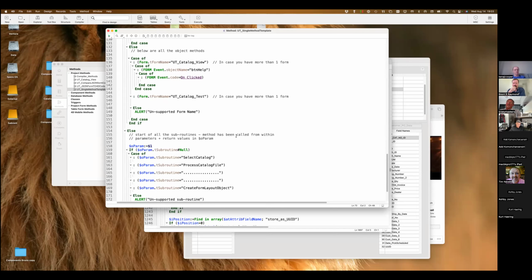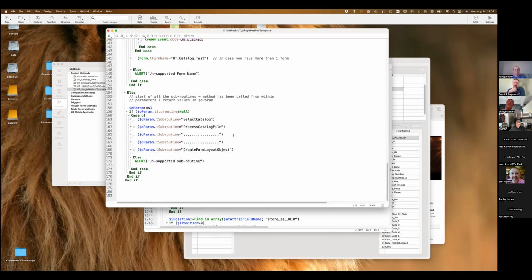Since we can call this method with a parameter, these are basically subroutines that you can integrate in this method for code that is repetitive, that you call multiple times. You just call the code within the method itself with a parameter, and it does what it needs to do. And since the parameter is an object, you can have as many parameters as you like, because they just become attributes in your object. Correct?